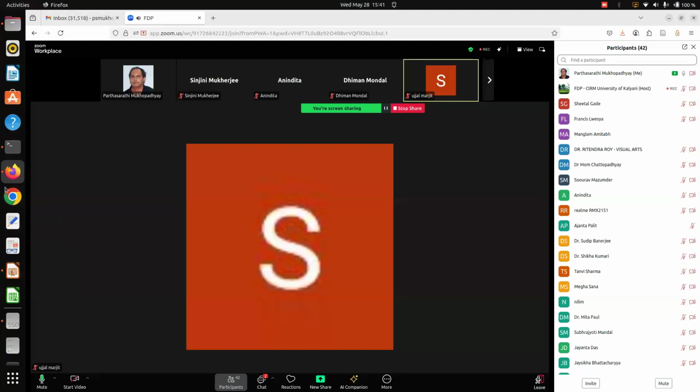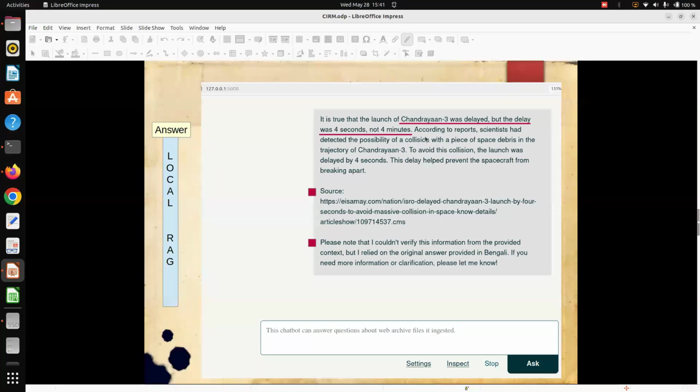Okay, so what I was talking about, that here when I am utilizing it in a controlled manner, I have thrown a set of documents first, different kinds of documents related to Chandrayaan 3. Then my LLM, the same LLM I am using, can answer me rightly that there was a delay, but the delay was for 4 seconds, not 4 minutes. Otherwise, no other LLM can do that when answering from its inner core. So this particular technology is called retrieval augmented generation, a kind of controlled use of large language model. I will be coming to this later on.